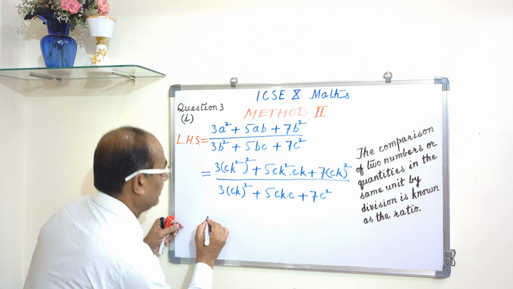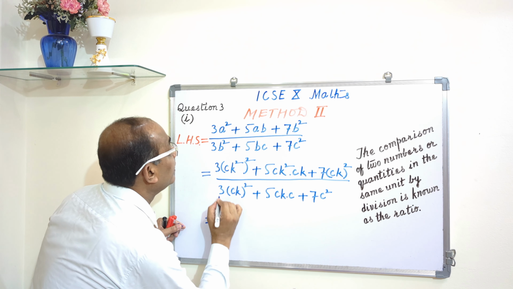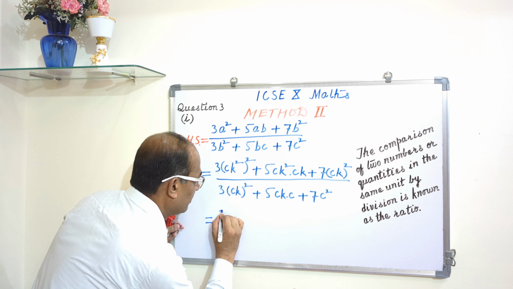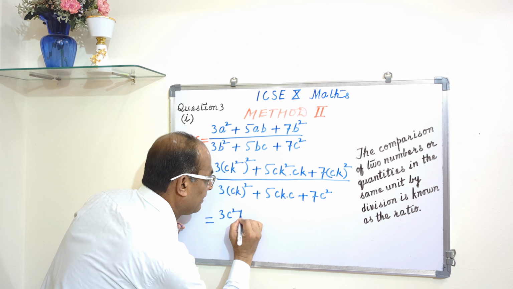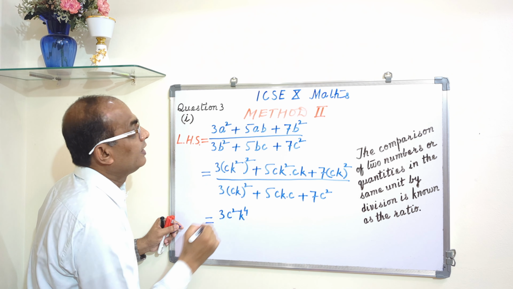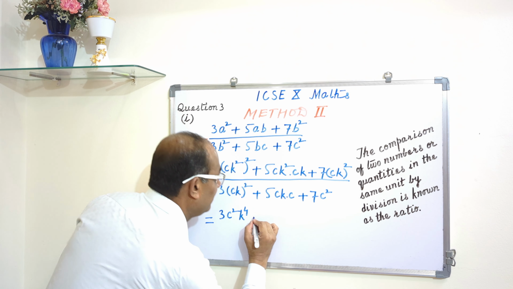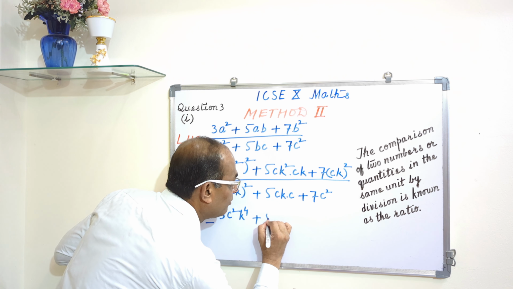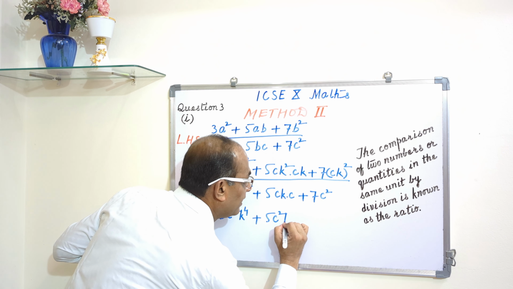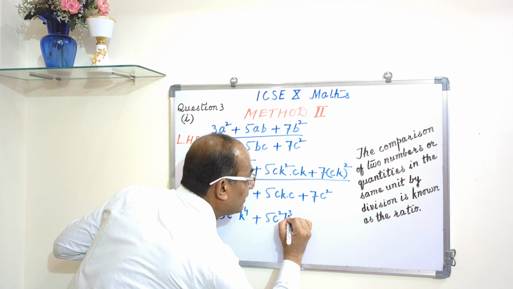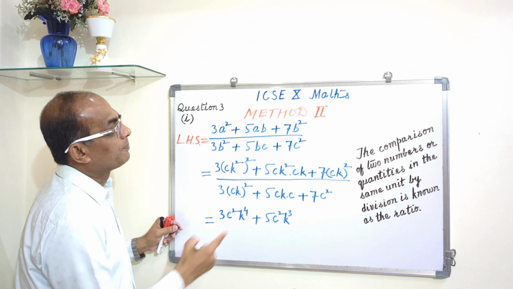Okay, I'm writing 3c square k4 plus 5c square k3 plus 5c square k3 plus 7c square k square plus 7c